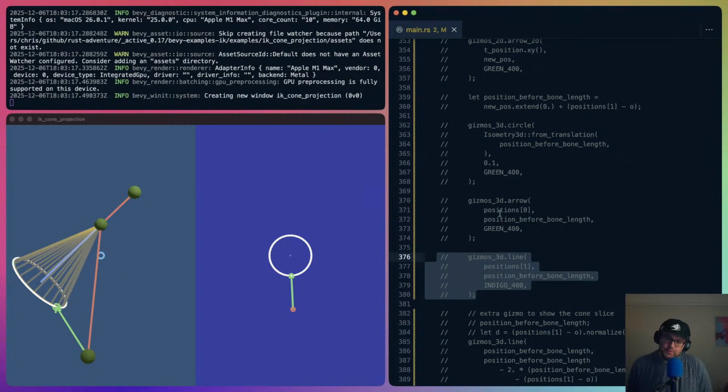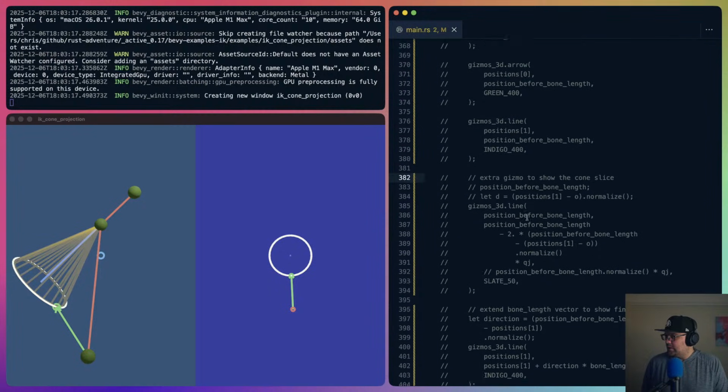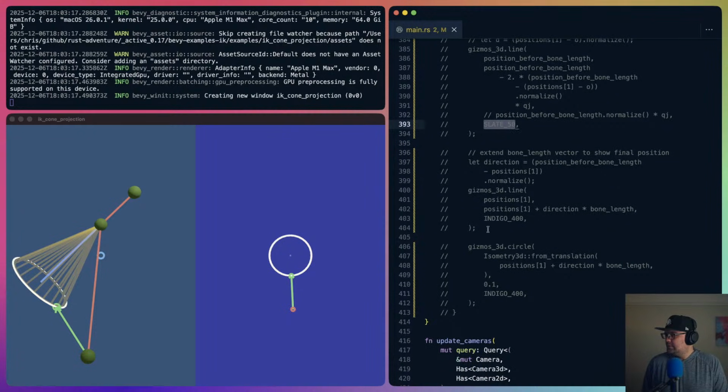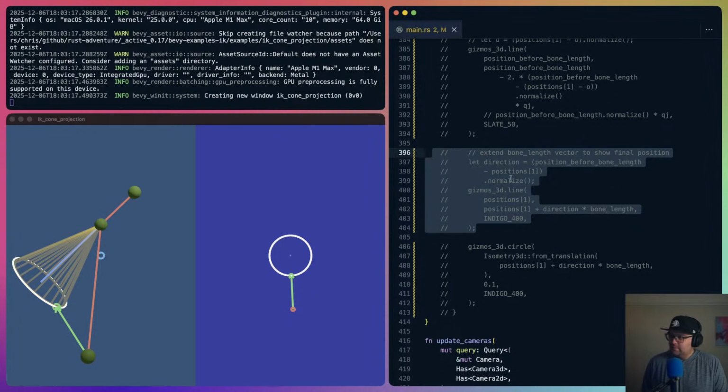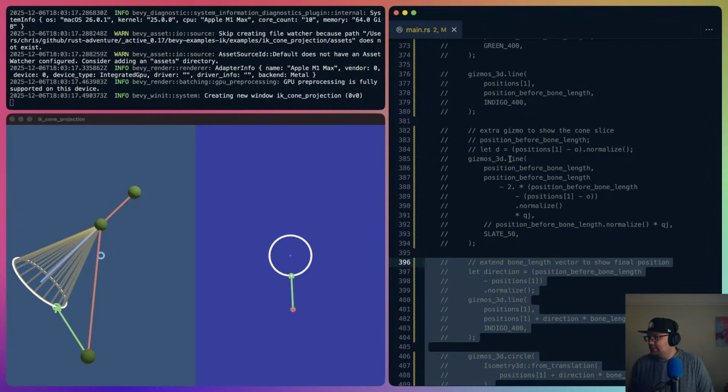We could do another line, but I don't know that we need to. We don't need the indigo anymore. This is, we need this indigo because we need to extend the bone position. So we have the new position. We need to convert that into